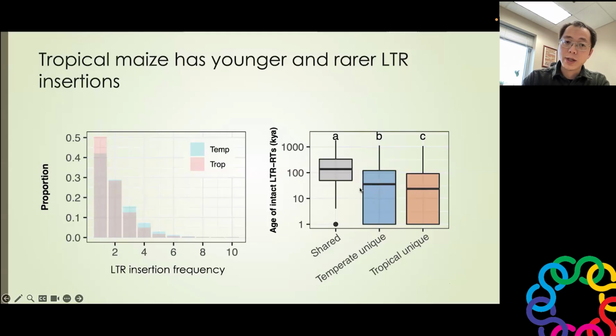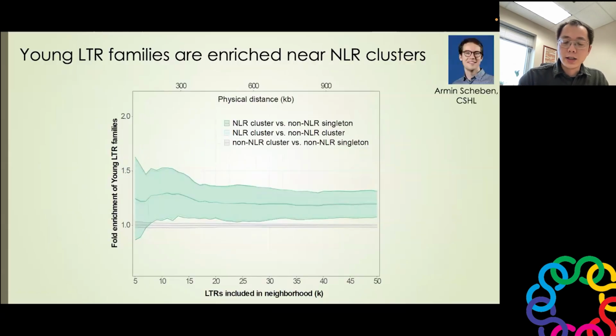And in temperate maize, some of them may be shrunk by population bottleneck. Some of them may be induced by new insertions. So we want to push the limit again and see if there's any biological relevance, like why tropical maize need to have more amplifications or need to have more insertions. Why? So one thing we look at, and we learned this from a collaborator, is that they observe more NLR